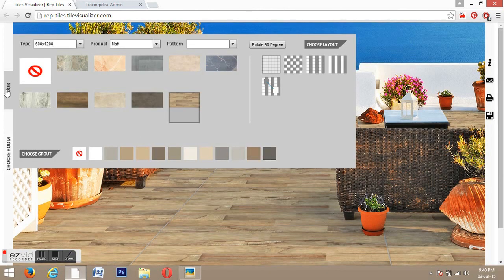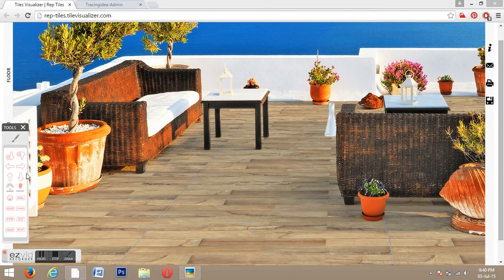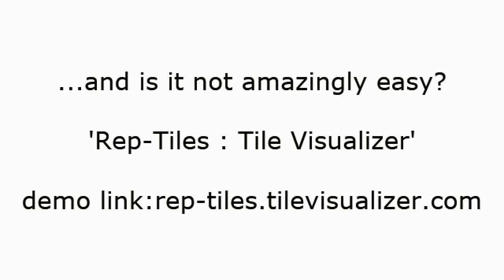So I can go to the visualizer, click refresh. Let me go to the floor designs. And I have this particular sample tile which can be used over here. So if I go to